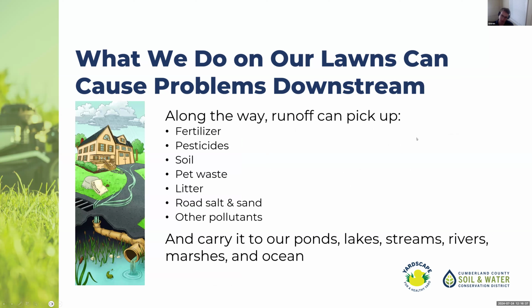The reason this might be a problem is, a 1-inch storm on your 1,000 square foot driveway, that's what's coming off of that and not draining right into the ground, is going to go down the street and enter a catch basin. That's a lot of water that has a lot of time to pick up whatever's sitting there.